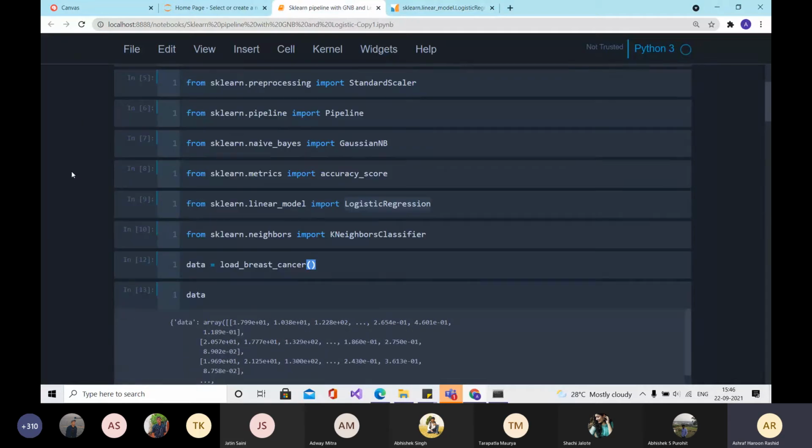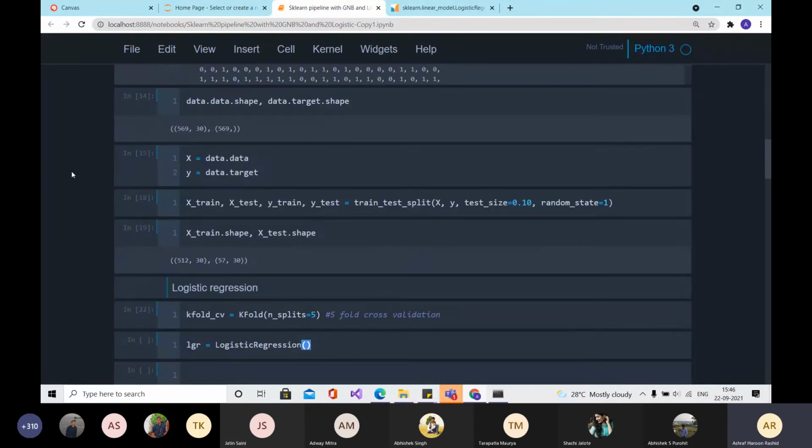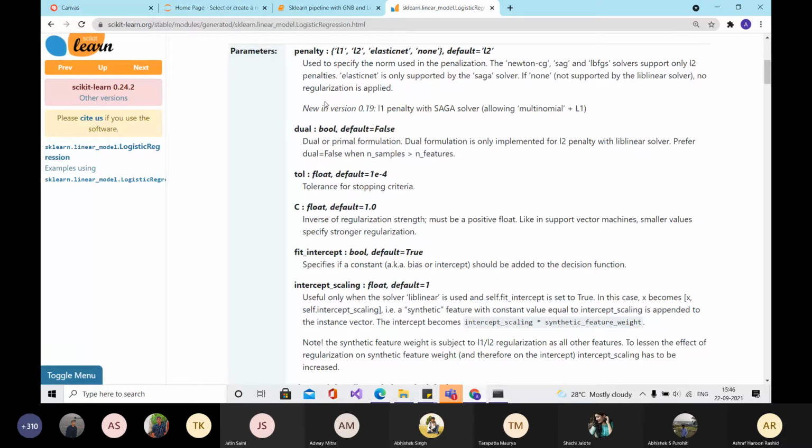These are the parameters that you need to iterate over during your k-fold cross validation, so that you choose the parameters that are optimal for your data set. The first is the penalty parameter, whether you want to use L1 regularization, L2 regularization, or elastic net regularization.